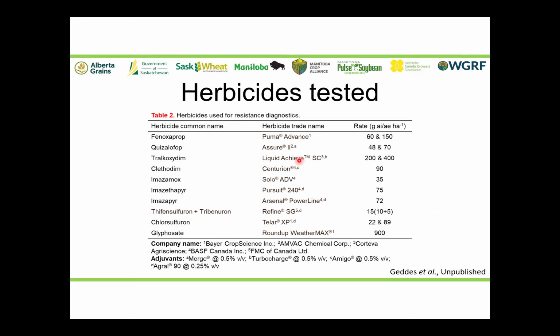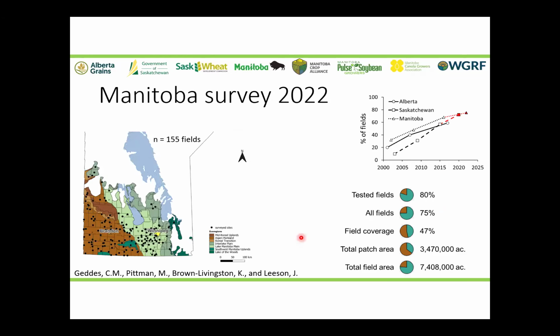So these are just some of the herbicides we tested. It's Puma, Advance, Assure, Liquid Achieve, Centurion, Solo, Pursuit, Arsenal, Refine, Teller, that's the old Glean, and then Roundup, of course. In the 2022 survey, just looking at where we're at here, this was our 2016 survey in here,